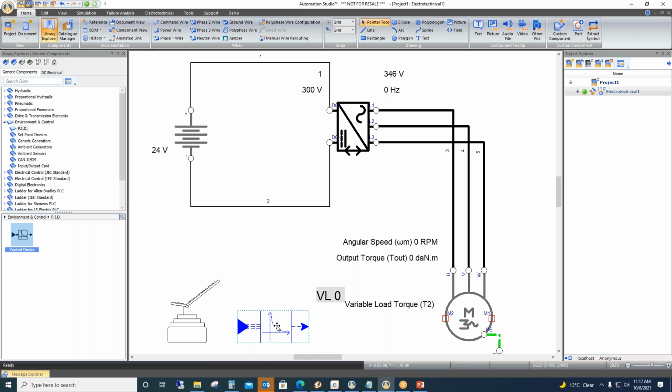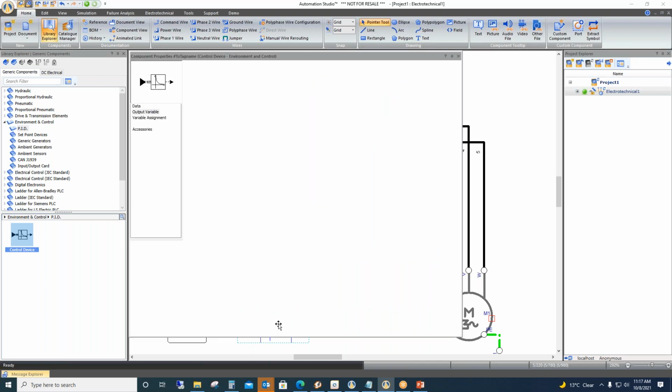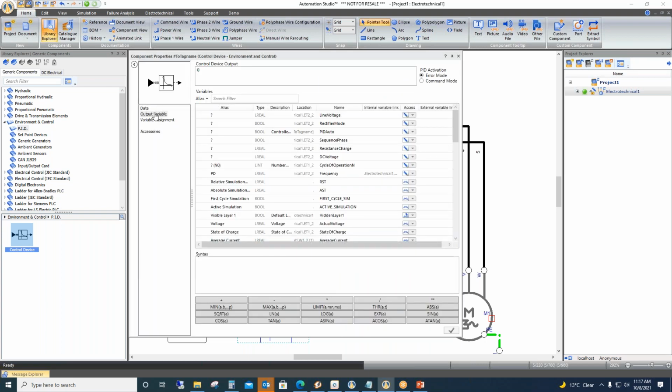I can just double click on this component, and in the output variable I can write the equation that I want.